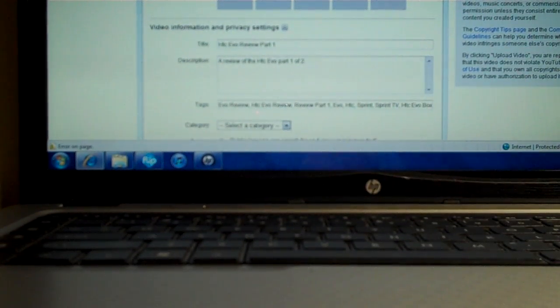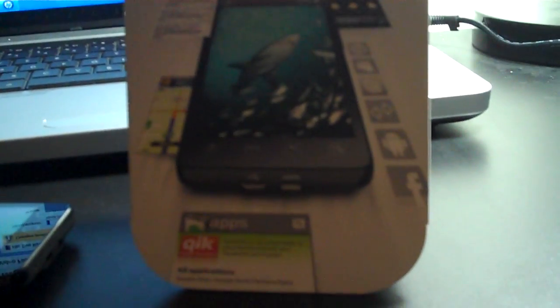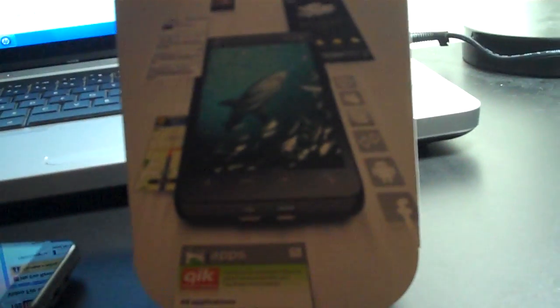So, that's the HTC Evo 4G from Sprint. Amazing phone. I would recommend it. I've only had this for a few days. I like it. And, I mean, you might want a QWERTY keyboard eventually. After a year, I have a feeling I'm going to get sick of the touchscreen. After a year, it might even break, but